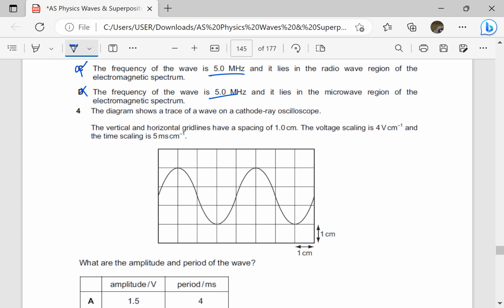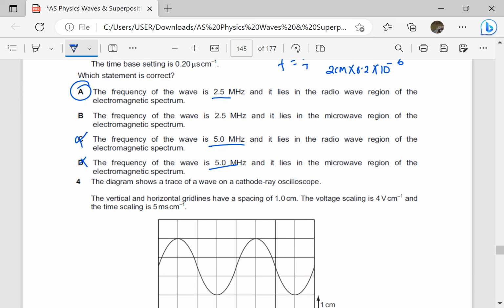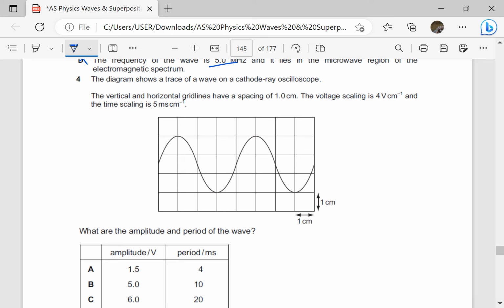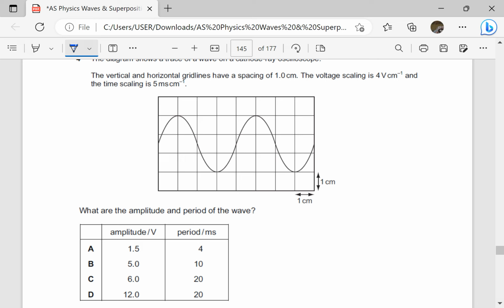The diagram shows a trace of a wave of a cathode ray oscilloscope. The vertical grid lines have a spacing of 1 centimeter. The voltage scaling is 4 volts. The time scaling is 5 milliseconds per centimeter. What are the amplitude and period of the wave? So for